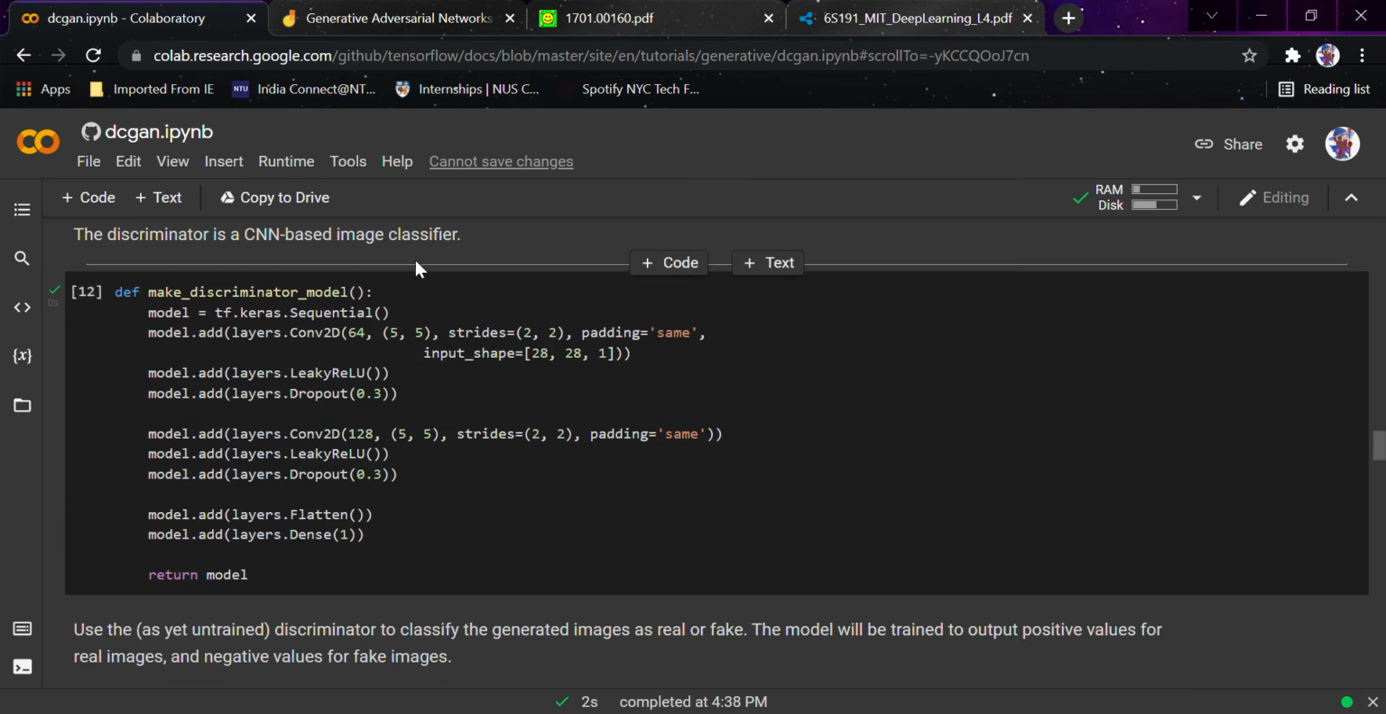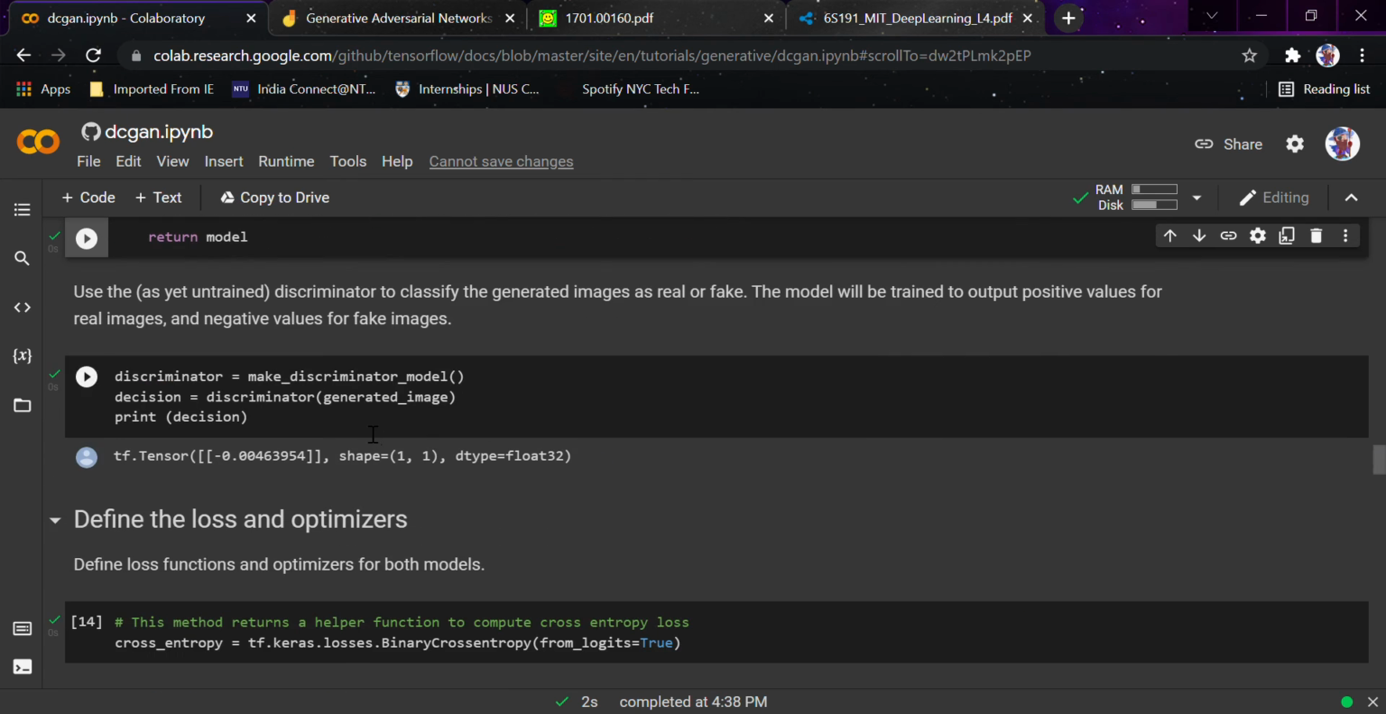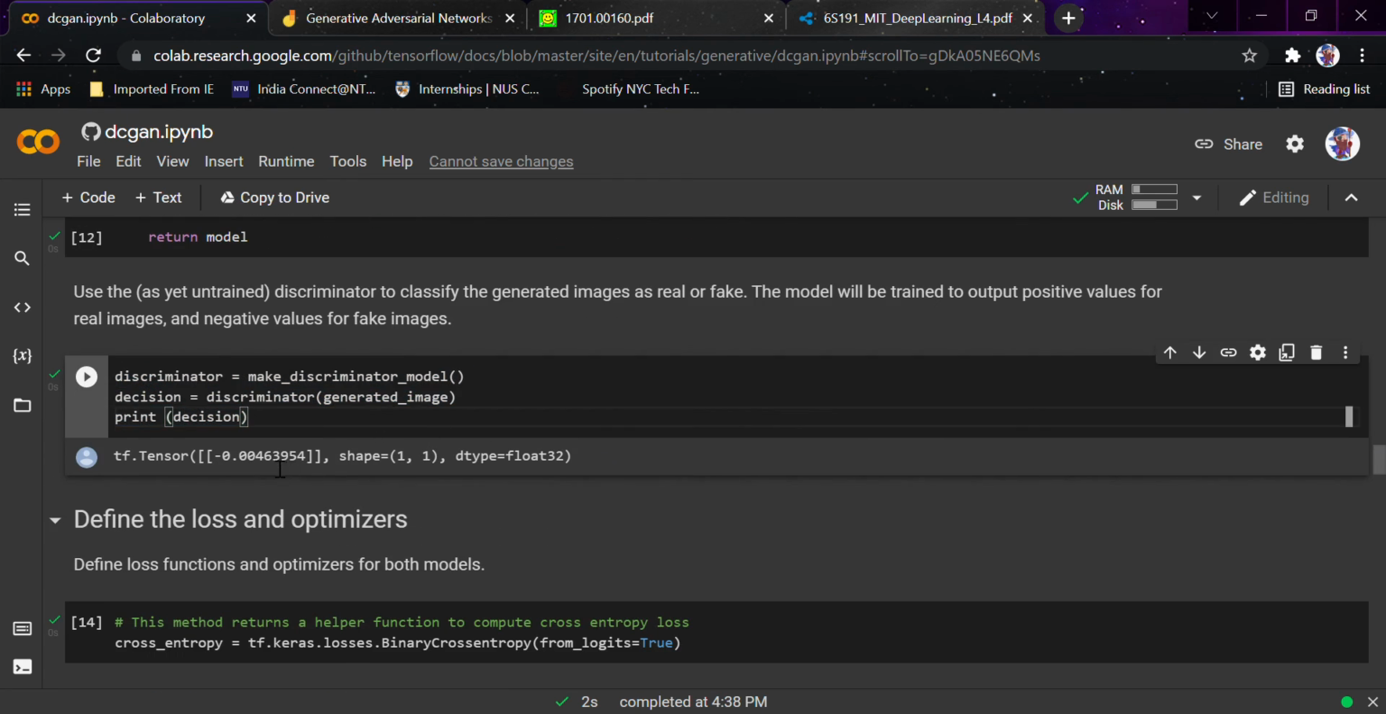So this is a CNN based image classifier. You must be familiar with it. We have done a lot of models, layers, conv, everything is the same. And you know, the best part is we are using leaky ReLU. If you have seen my activation functions video, you must know how much I love leaky ReLU. Now coming to the discriminator, we are printing the decision, and this is how the discriminator looks like,